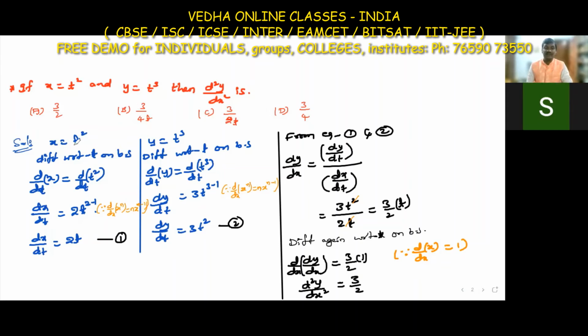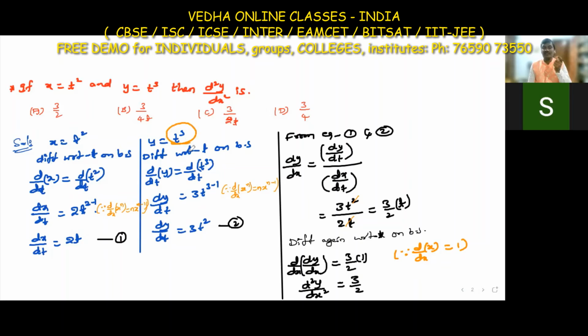In this parametric differentiation, we differentiate the given x with respect to t and the given y also with respect to t only. So I differentiated with respect to t, so d by dt of x, that is dx by dt only. Instead of finding dy by dx, we get the dx by dt value separately. Here we applied the x power n formula, that is n into x power n minus 1. So that is 2 into t power 2 minus 1, that is 2t only.